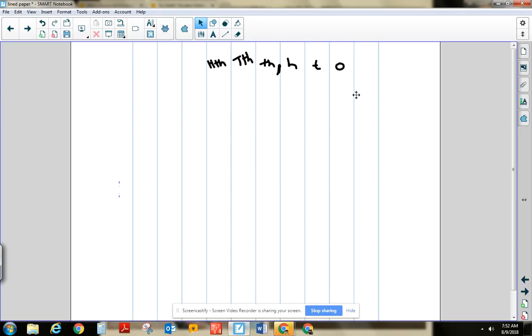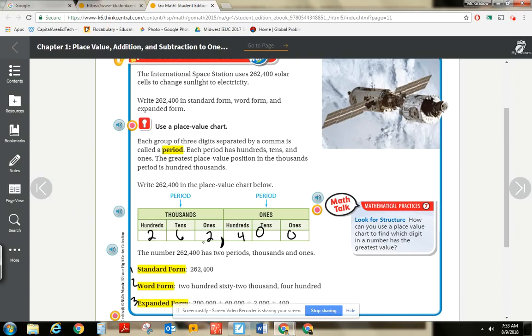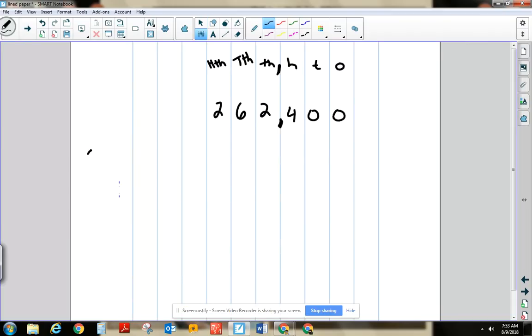Now I need to write my number in, and it's okay if you don't remember. I'm checking my book. So it went like this: 262,400, and I put that comma in there, and we'll practice reading it again. 262,400. So I'm going to go back to this other page where it talks about the three different types. We have the standard form, the word form, and expanded form. So the standard form